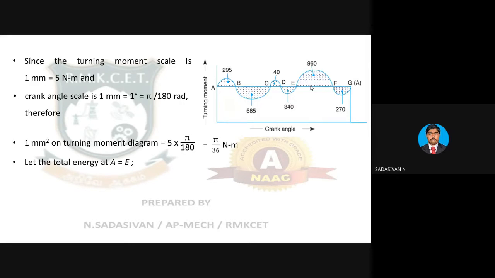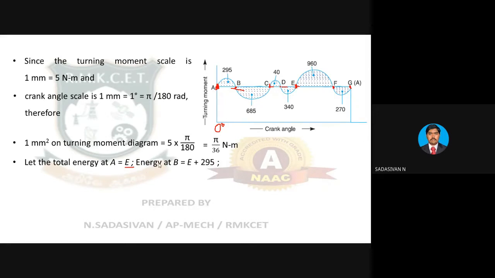Okay. So let the total energy at point A, starting from here, I am going to see instantaneously. First, this is my starting point at theta equal to 0 degree. All the other angles you need not know. We are going to talk only in terms of the points marked in the diagram: A, B, C, D, E, wherever the sign convention changes from positive to negative, or negative to positive. Only at these points I am going to find out the net energy available. So I will start with point A when theta is 0 degree, and I declare that the energy at that point is E, capital E. So let the energy at point A equal E, right?